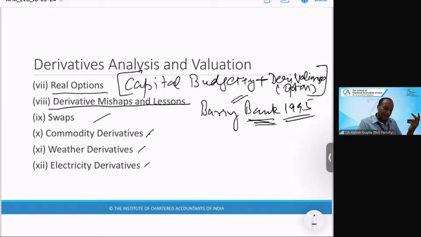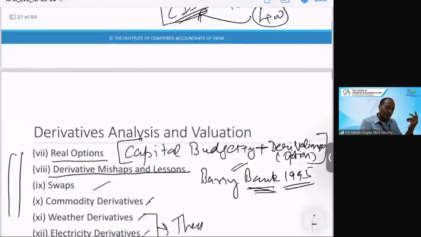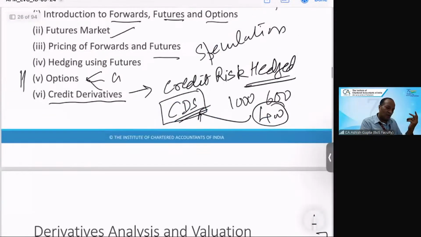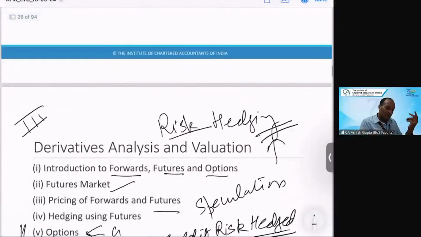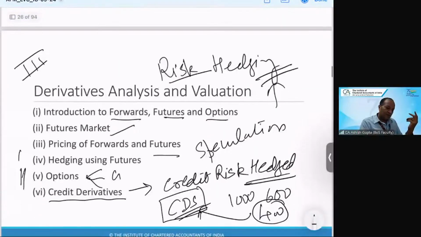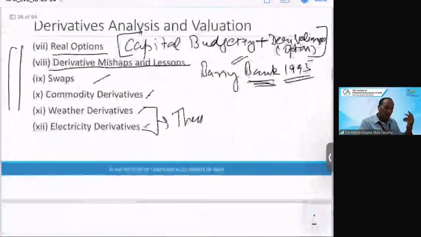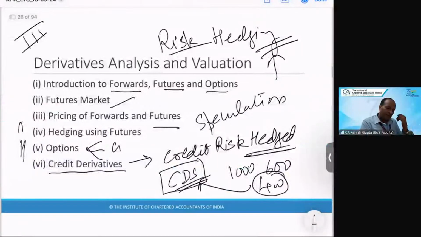Generally the discussion here is normally theoretical, but all these topics are normally numerical oriented. This is option, hedging, all these topics are numerical based. So it covers a lot. Now, students, this topic is very important because when we talk about derivative analysis here, our underlying is basically an index number or stock prices.